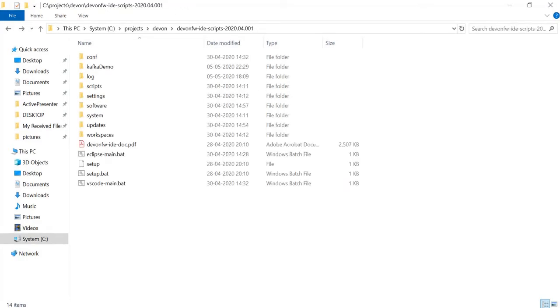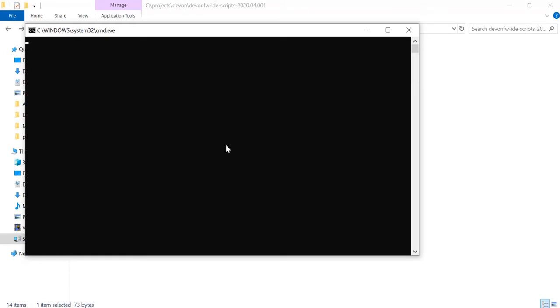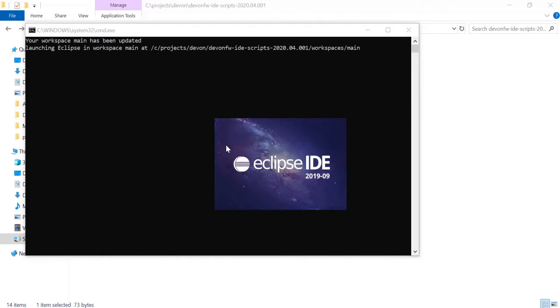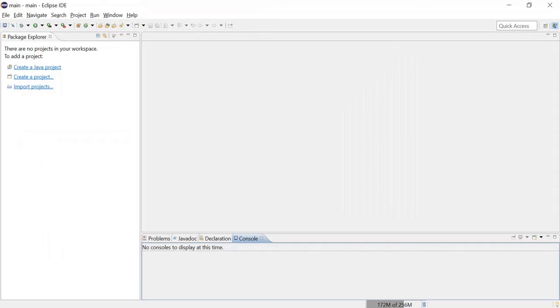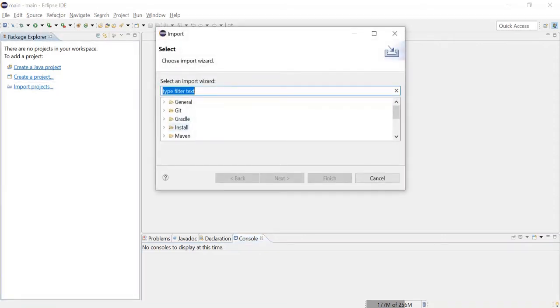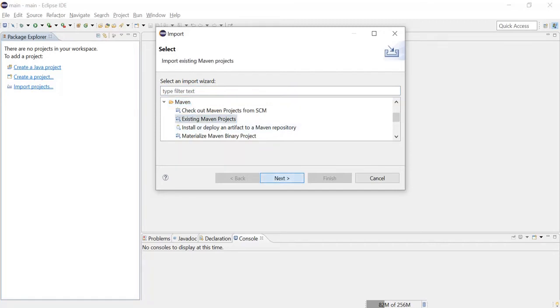To open the Eclipse installed with the Devon IDE, click on this eclipse main.bat. So the bat file will load the appropriate commands and will initiate the Eclipse IDE. Now the Eclipse has been opened. Now let us import the application which got created. Click on import projects, click on Maven, and click on existing Maven projects. Next,